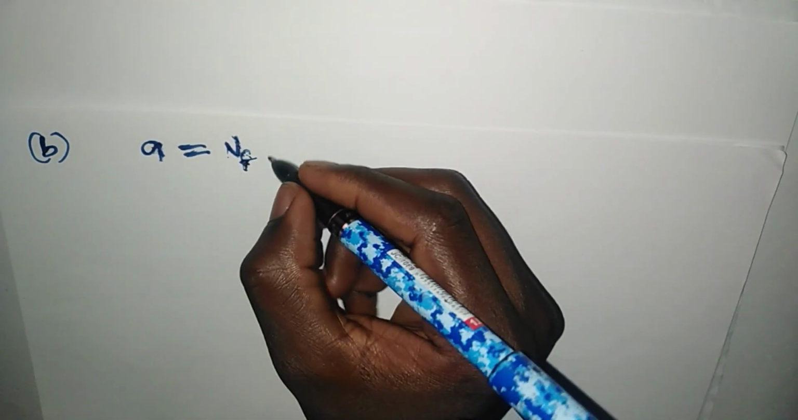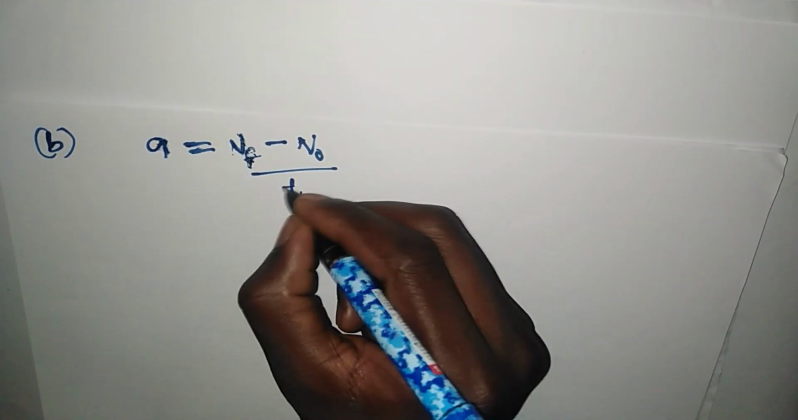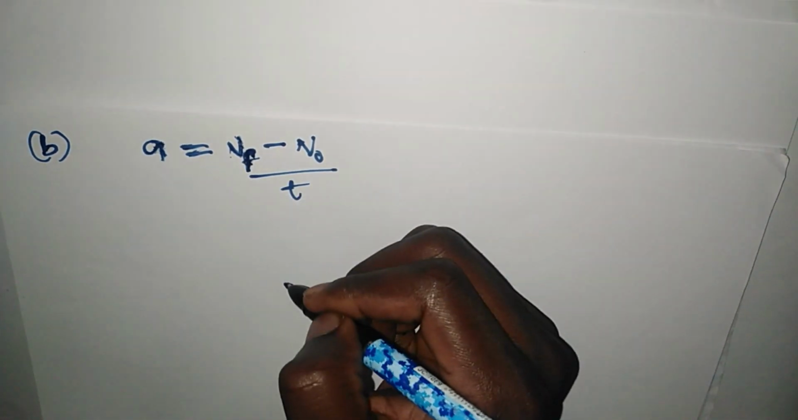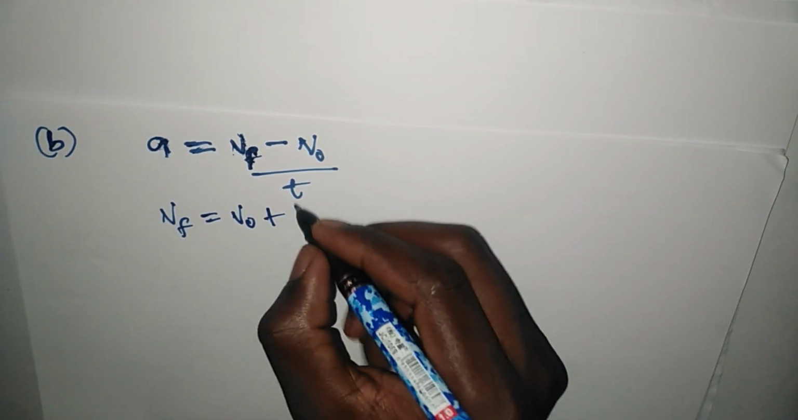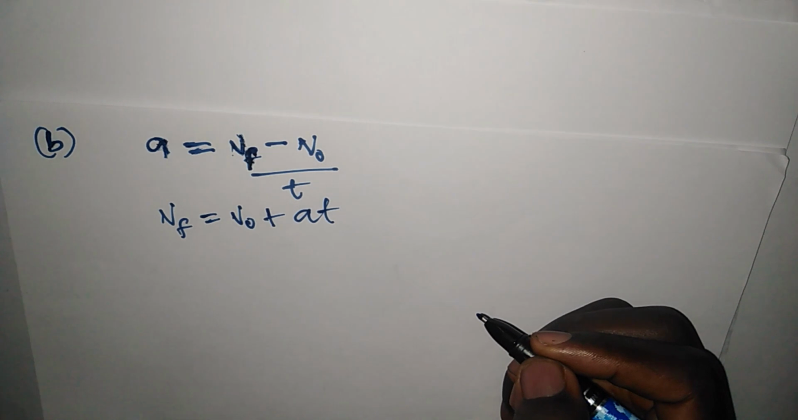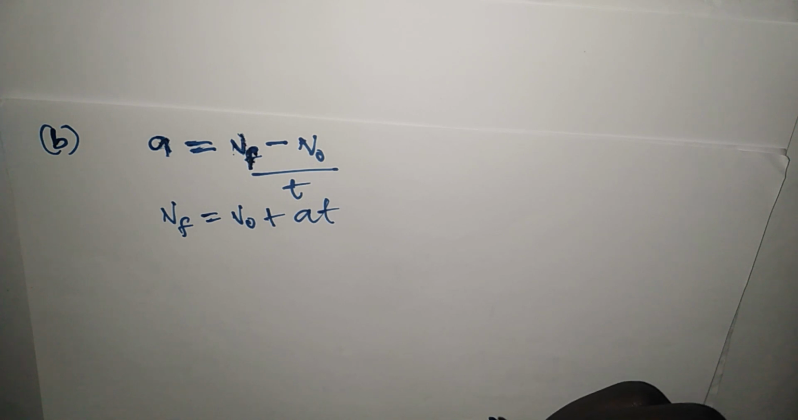From the formula of acceleration we did earlier, acceleration a is equal to change in velocity, final velocity, all over time. Therefore, V final is equal to V naught plus at. We are looking for final velocity. We know that the initial velocity is